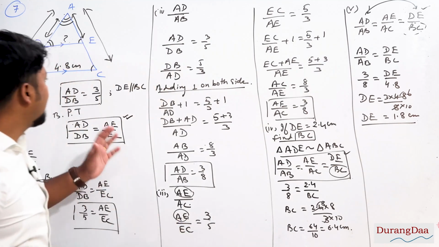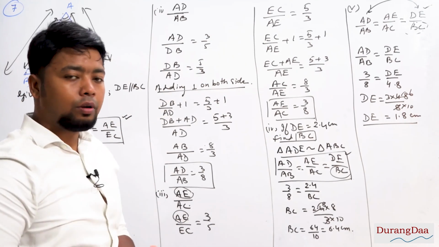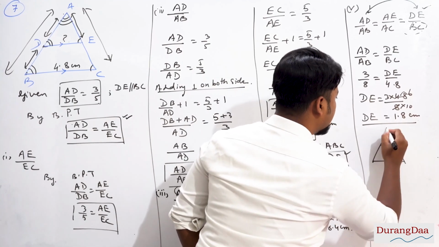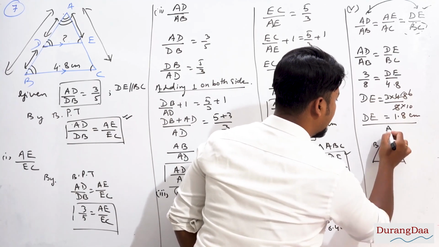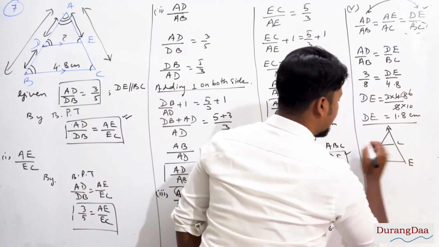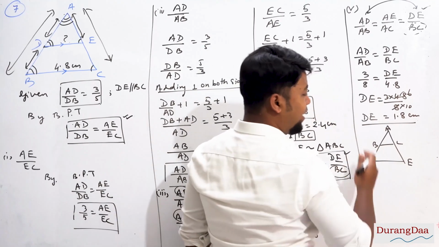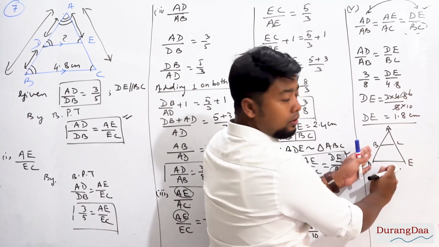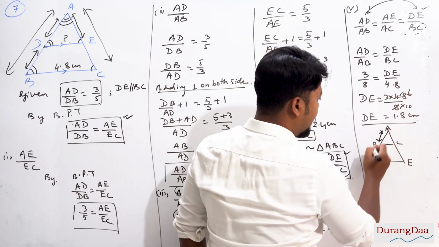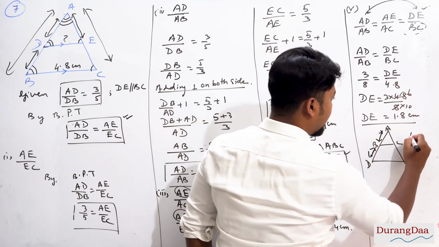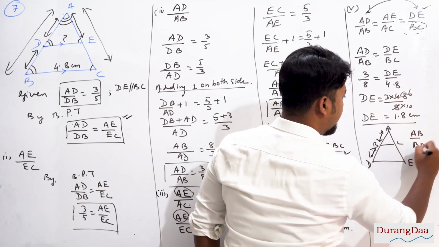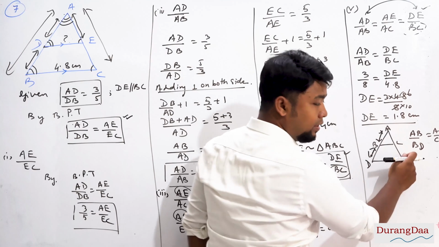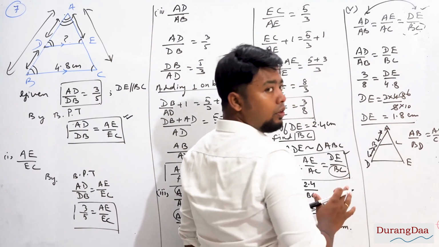So just now we have learned how to apply the basic proportionality theorem. Always keep in mind that in a triangle, suppose this is triangle ABC and this is triangle ADE, when you are applying BPT, you will get only the ratios of the two sides, not the base side. Is that clear? And the ratio would be AB by BD equals AC by CE. That means we are not taking the full length of the sides. This is how the ratio you will get.